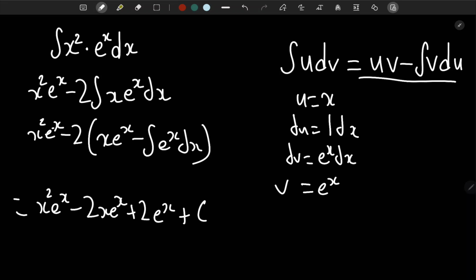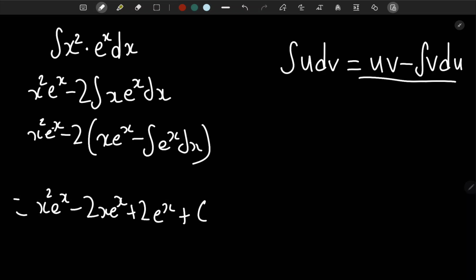And the second thing I wanted to mention was, how do you know what to choose u and dv as? So let's rewrite the question actually and choose u and dv the opposite way. So let's say the question came like this: integration of e to the power x multiplied by x squared dx. It is the same thing, but let's say you choose u to be your e to the power of x, and x squared dx is going to be dv. So you will get the same answer, but the main thing is, when you are differentiating,